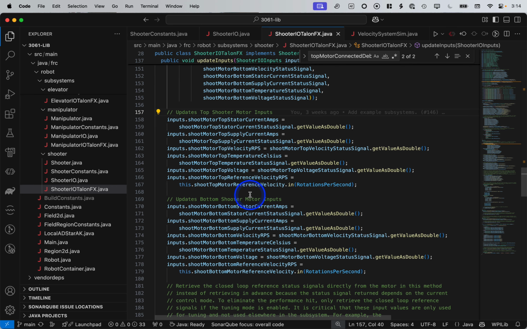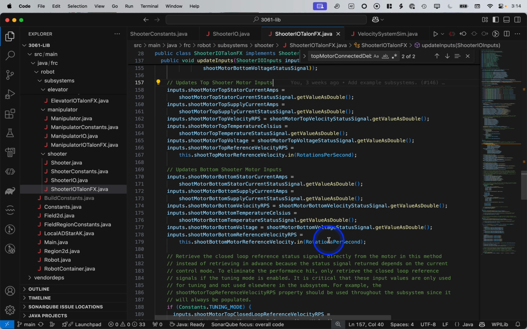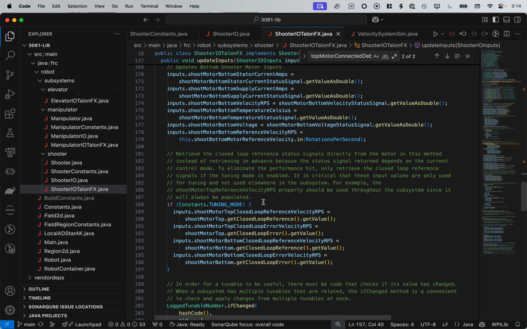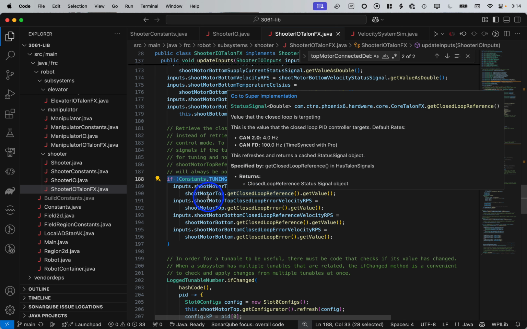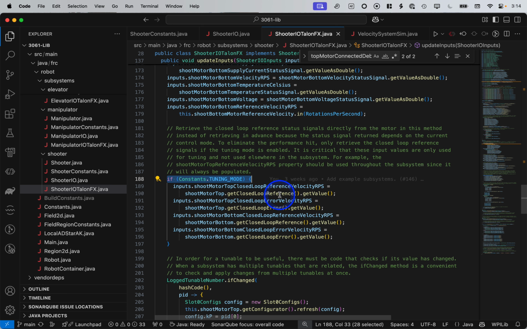Here's where we update all of the other things. For the top motor and the bottom motor, the only input properties we haven't updated are the closed loop reference velocity and the closed loop error velocity. We only update those when we're in tuning mode. The reason for that is performance. We take a little bit of a performance hit because we can't have these status signals in advance necessarily. We actually get the status signal from the motor and get the value right here, which takes a little